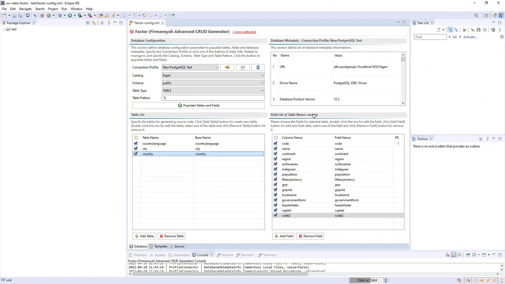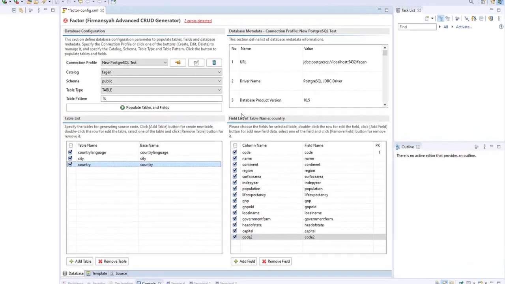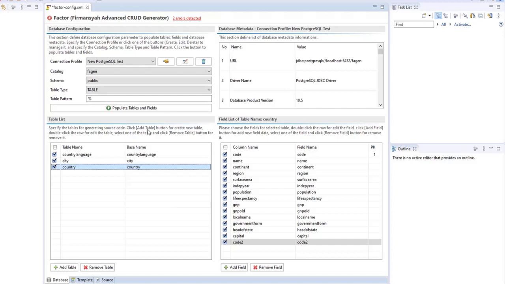Okay, after we explained how we configure the database, next we want to explain the table section in this part. As you see, in this table we have a check and uncheck column, the second one is table name, and the last one is base name. Basically this information will be used to generate the source code or any file that we want.